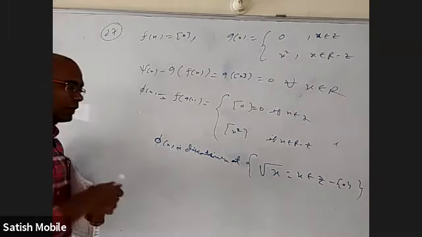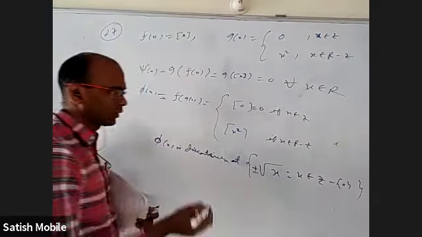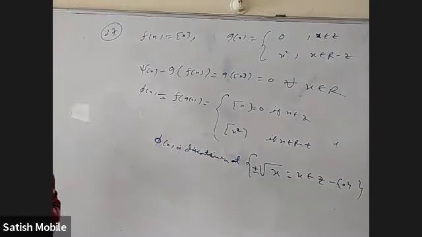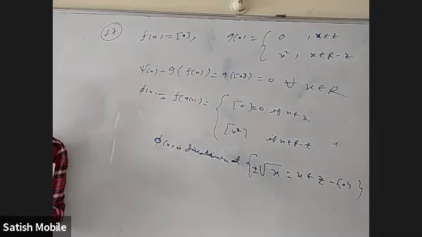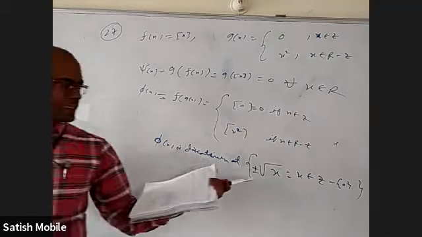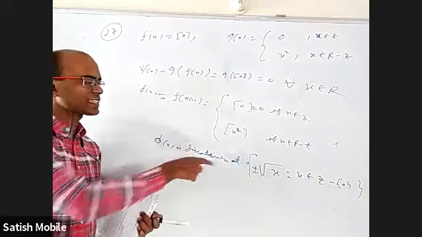One more thing, I should put a plus or minus here. I should not forget that. At minus root 1, minus root 2, minus root 3 also it is discontinuous. So phi of x is discontinuous at plus or minus root of such integers.